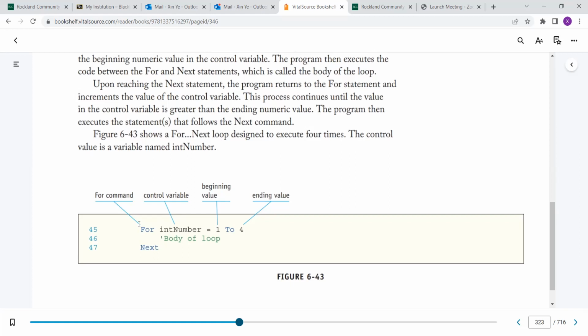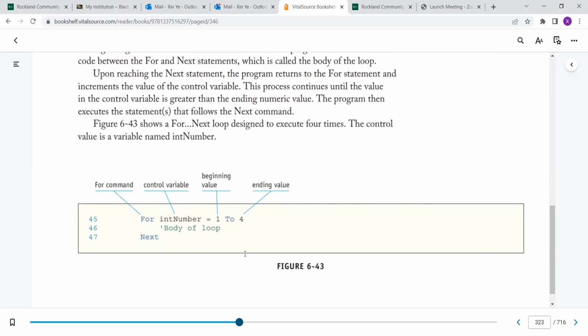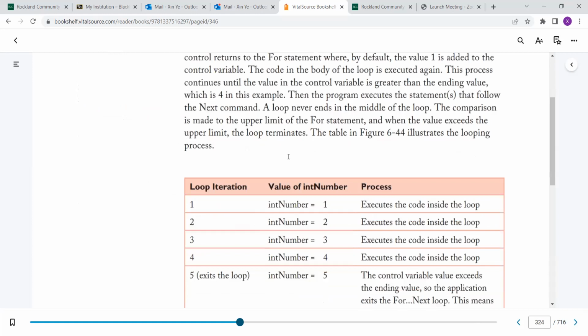So that is the first for loop. Now, if I do not provide the increase value, by default, every time you do the loop body, you increase 1 on your int number. But sometimes it is not 1. So we have to tell it, every time I finish the body, how much I will increase, which is on the next page. As you can see here,